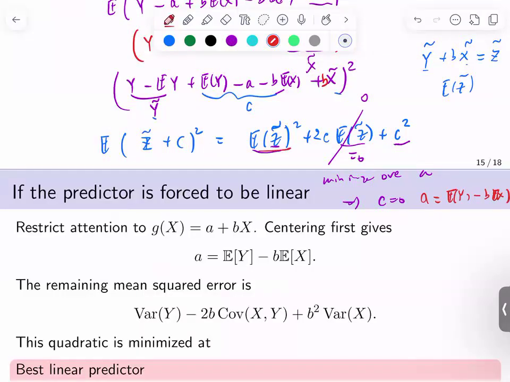So it only depends on A and B, this only depends on B. Okay, so the first thing that we do is minimize over